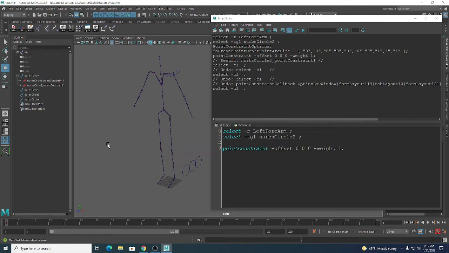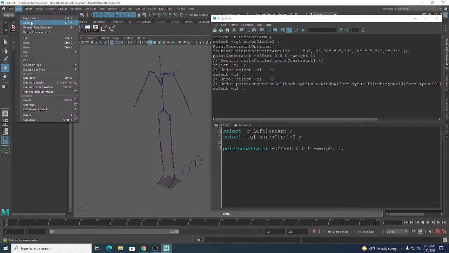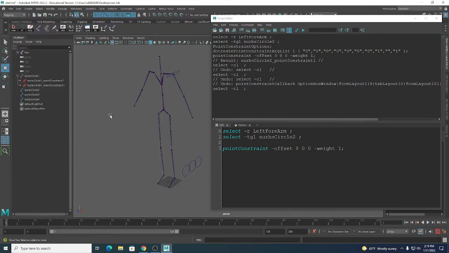Deselect everything. And so I just undid that point constraint. I think Control Shift Z is supposed to redo, I think. I don't. Okay, so undo is Control Z, redo is Control Y. I rarely redo anything. Anyway, I'm usually undoing. Okay, so